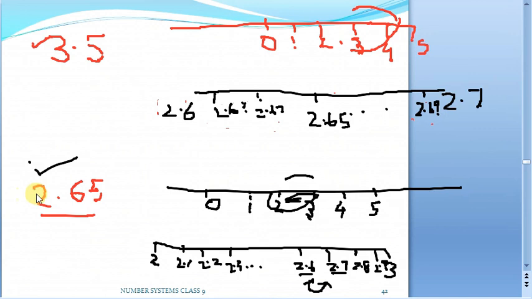So depending upon the decimal digits, the digits after the decimal point, we have to magnify that many times to get our required number. In this case we have our answer at a single step, but here we have to zoom in two times. Why? Because there are two decimal places. So first we will zoom it, you will be getting the numbers 2.6 and 2.7. Again we will take the region between 2.6 and 2.7, again we will zoom the region, and there you will be finding our required number 2.65.